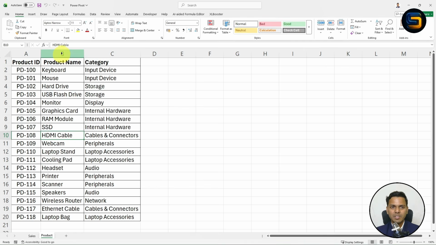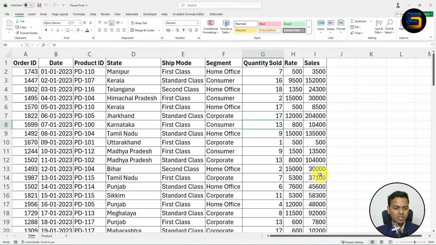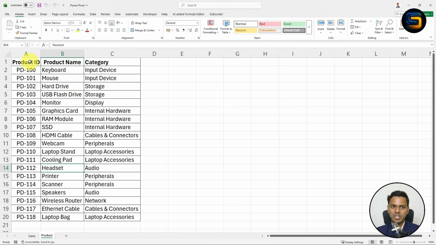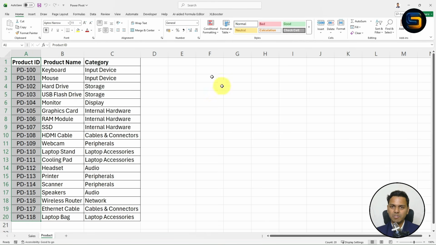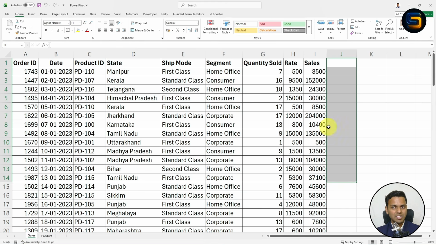Now you may be thinking why I didn't put the product name and category inside the sales data. Let me tell you. Let's suppose I added the product name and category inside the sales data set, what will happen? The sales data size will increase. So basically, in order to decrease the sales data size, what I have done is I have created one product table which consists of unique records. Means instead of repeating the product name and category inside the sales data set, I have created one product table where you can observe these are the unique product IDs where we have the product name and category. Means the product name and category are not repeated in the sales data set.